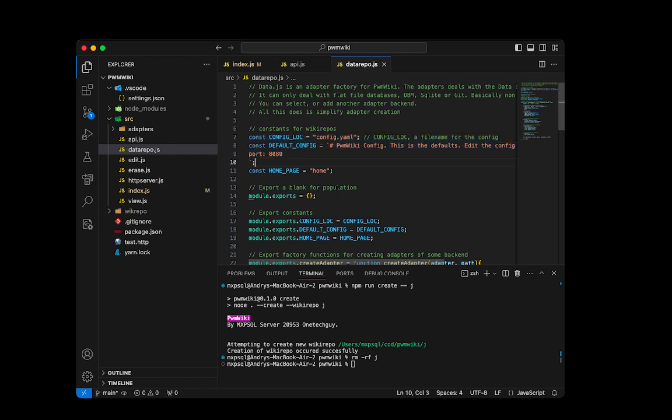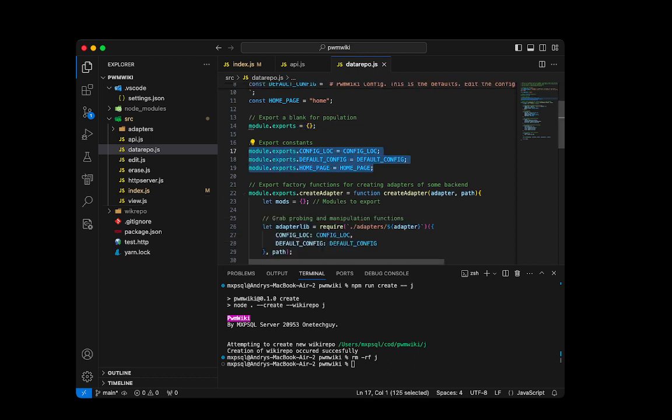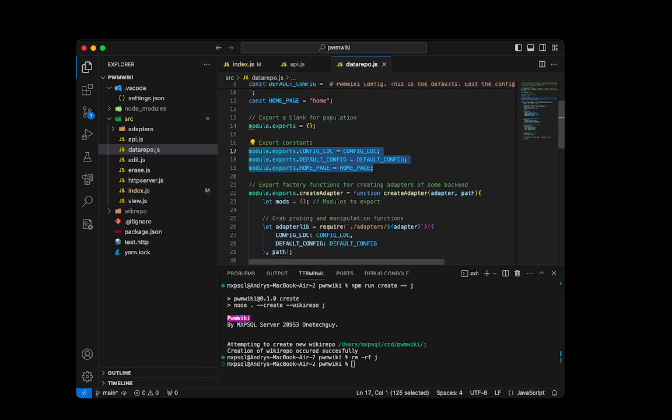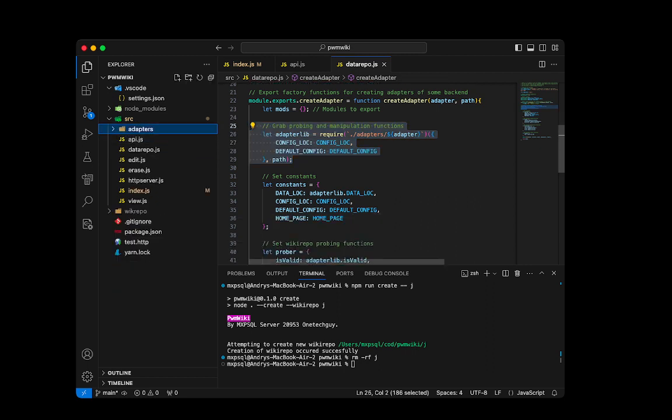PwmWiki. So first, I export a blank module, because that is more sane than just exporting it directly. Second, I export all these constants, right? So other parts of my software can use them. And then third, I create the factory function. So the logic is that first I create an object for me to populate. Second, I import one of these adapters depending on the adapter here. Third,